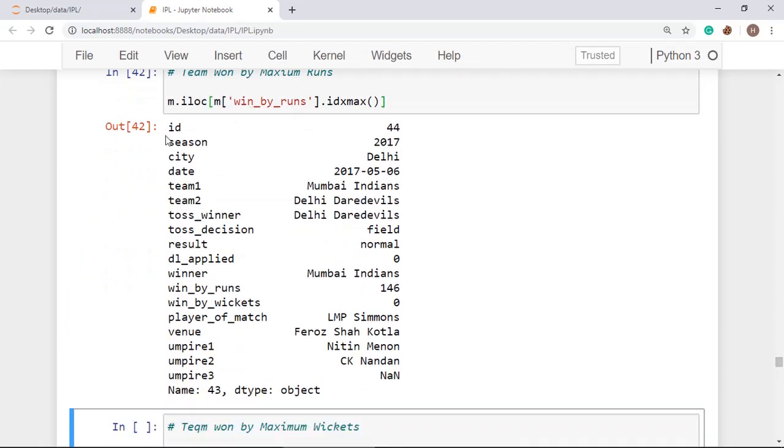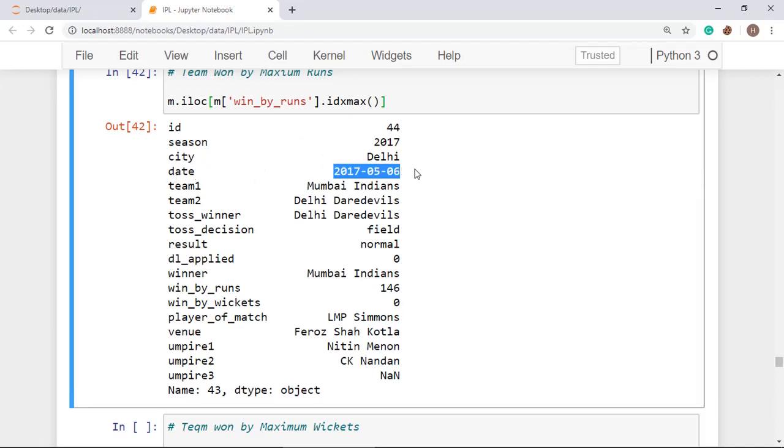Here you can see that ID is 44, season 2017, city Delhi, date of the match, and team 1 Mumbai Indians, team 2 Delhi Daredevils. Delhi Daredevils won the toss, and the toss decision of Daredevils was fielding, meaning Daredevils batted in the second inning, and Mumbai Indians won that match, and the result was normal, meaning the result has been declared of that match.